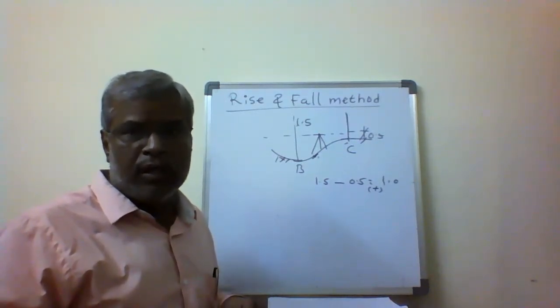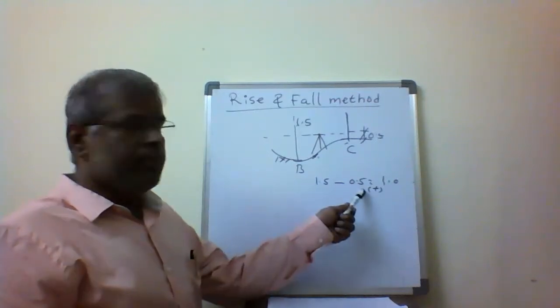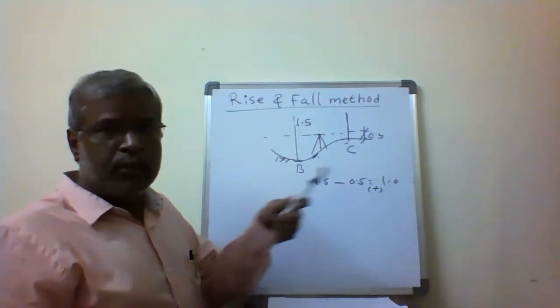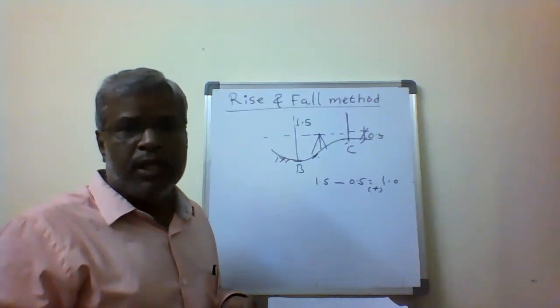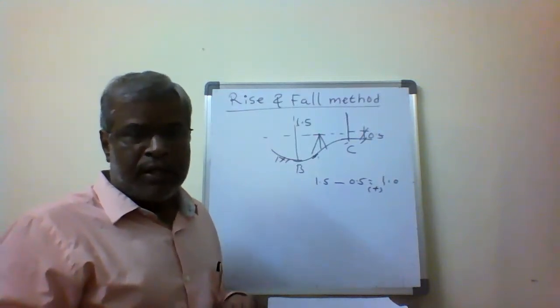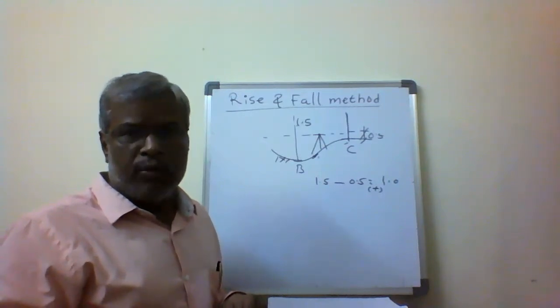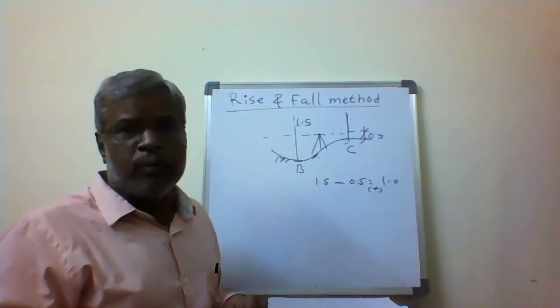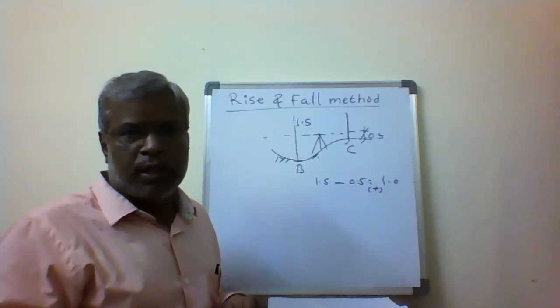B point will be at the lower level. Here we take the difference of the two points, 1.5 and 0.5, and get plus 1.0. Then it shows that the C point will be at the higher level with respect to the B point. In this way, we compare or take the differences of consecutive points continuously. If the difference is negative, that point becomes a fall. If the difference is positive, the next point is a rise.